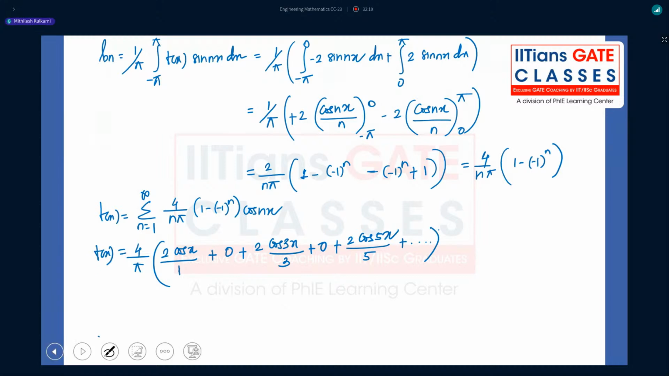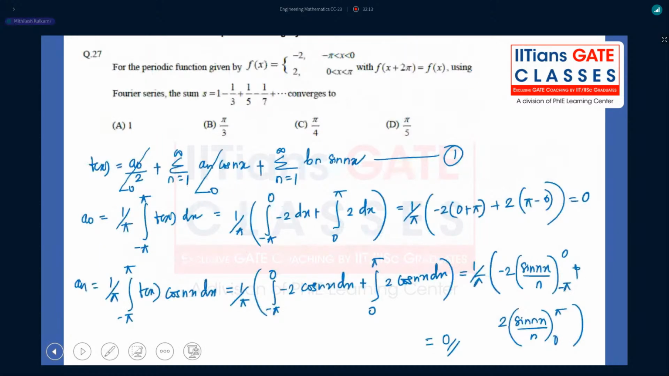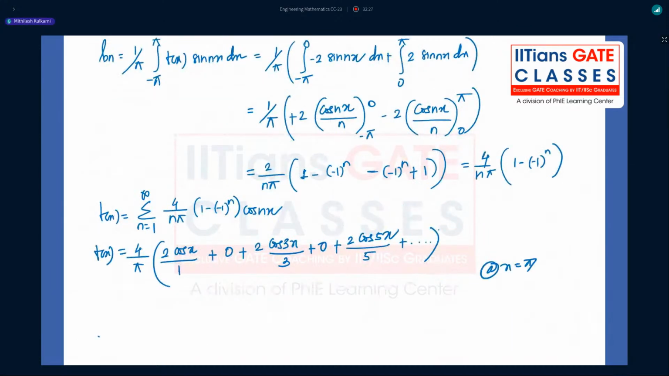Let's take any random value of x. For 0 to pi, the value is 2. So if I take any value of x, let's say pi by 2, the value of the function has to be 2. So let's put x equal to pi by 2. At x is equal to pi by 2, the value of function is, we know it should be 2, right? So let's write it as 2 is equal to, if I take 2 common from all the terms, it will become 8 by pi, right? And what remains inside is